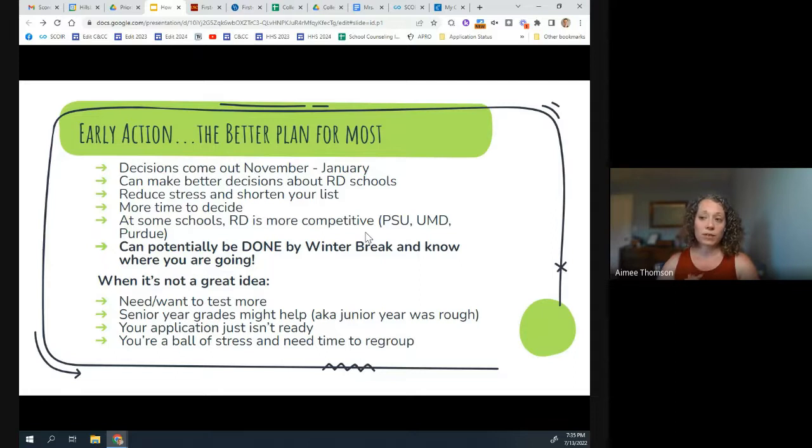There are some schools for which I strongly encourage all students who are planning to apply to apply early action. Penn State, main campus, your best chance of acceptance there is always early action. I have seen students with 102, 103 GPAs who have been denied or accepted to a branch campus during regular decision, and that would not have happened had they applied early action. University of Maryland, they accept about 80, 85% of their class through early action. Purdue is another place where I see funky stats like those Penn State stats, where I think a student probably would have been admitted regular, but were not